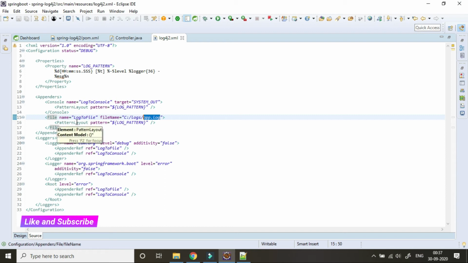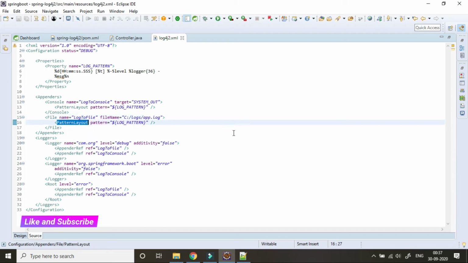And this is the pattern layout. So what is pattern layout? It means in which pattern we will display the log. Pattern layout has a pattern property, and in the pattern property we are using the log pattern which is already mentioned in the property tag. So once ${log-pattern} within the dollar curly braces is found, it will be replaced by this value.